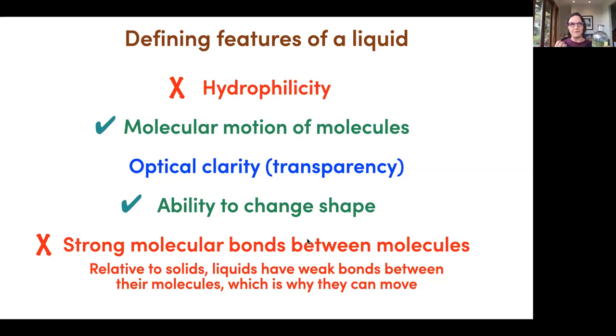When things are tightly bound together, those bonds don't easily break and reform. And so that makes something a solid, because it doesn't tend to undergo shape change. But within a liquid, and it doesn't have to be an aqueous liquid, oil is also, some oils are liquids, so they're not hydrophilic, but they have molecules that are weakly bound together that enable the oil to also have this fluid property. So when we're talking about liquids within cells, we're talking about